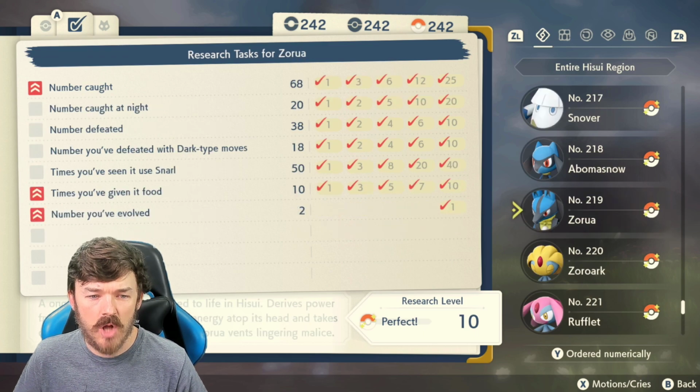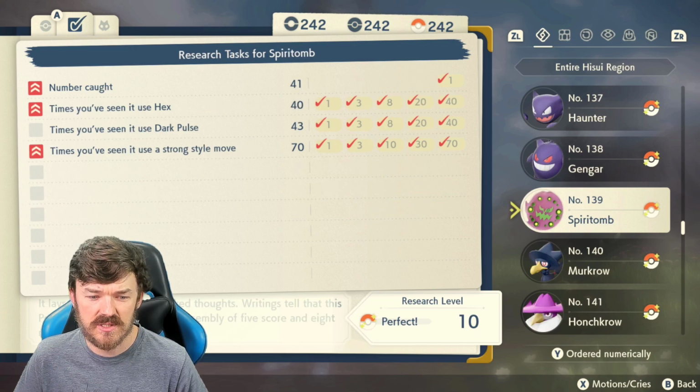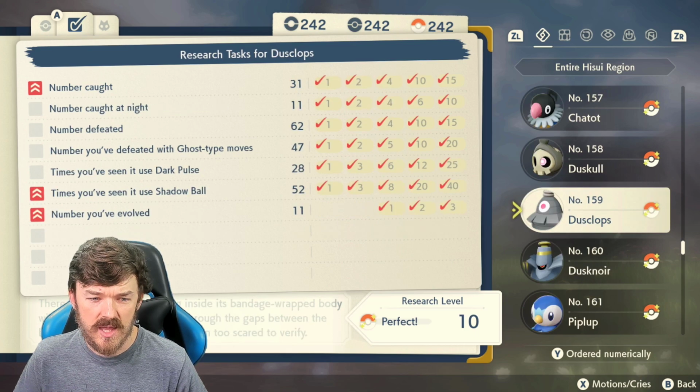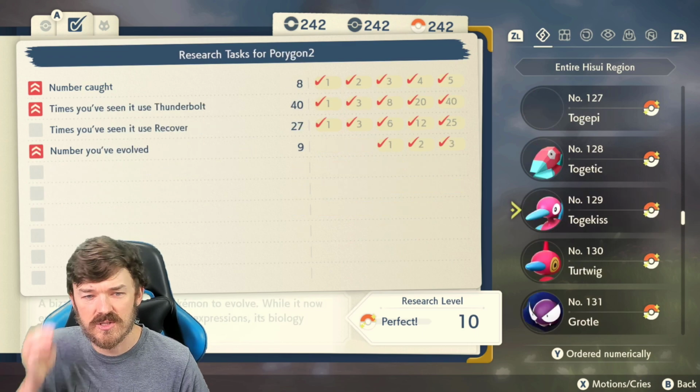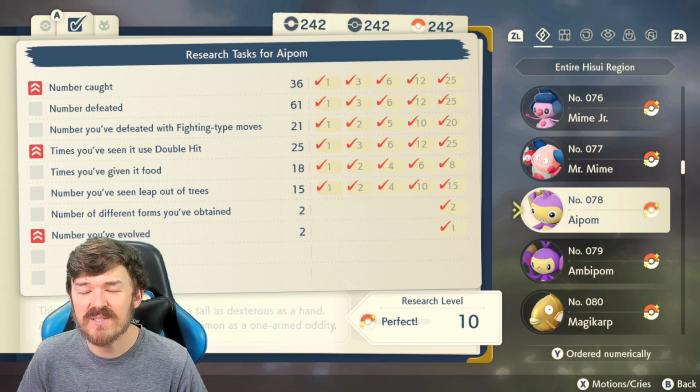And let's go ahead and look at the hardest one, you guys. What was the hardest entry out of all the entries to do? What was the hardest? I'll tell you, it's right here somewhere. Oh, actually, it's up here somewhere. It was Aipom. Now, you wouldn't believe it, but Aipom was the hardest one, and the reason why is seeing